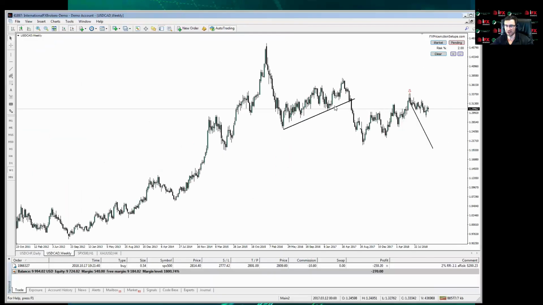Let's go to the USDCAD weekly. So this arrow, if you guys can see it over here, this arrow is pretty much where we started shorting it, and we were expecting this price to come down. Now this was almost 4 months ago when we put the short on, and for 4 months it's done this. Now from a price action point of view, what's happening now is this market again is not coming down like we expected. It looks like it is just forming a bit of a correction,